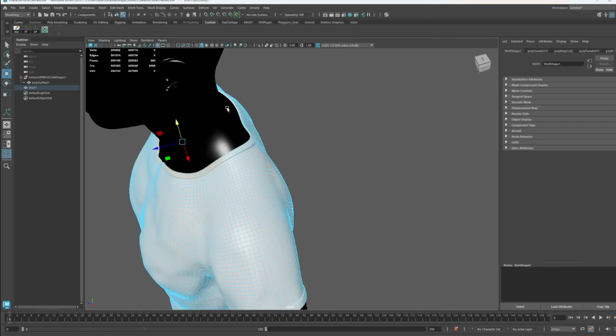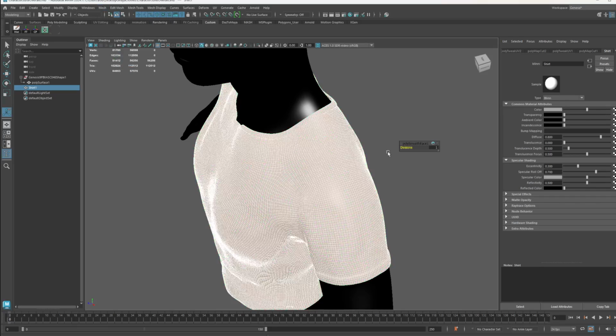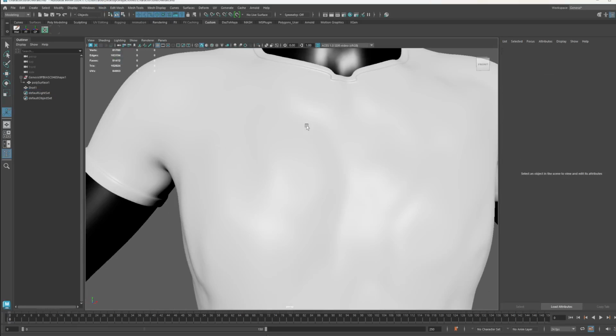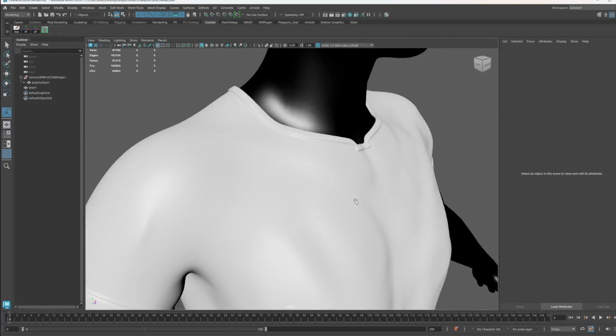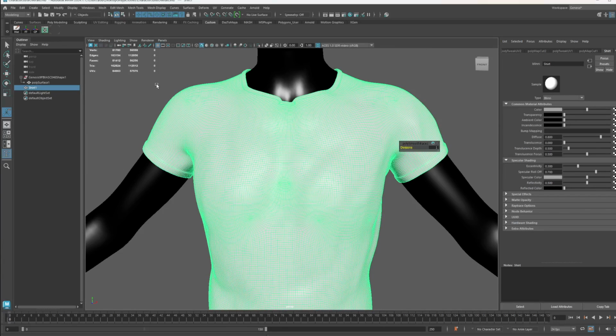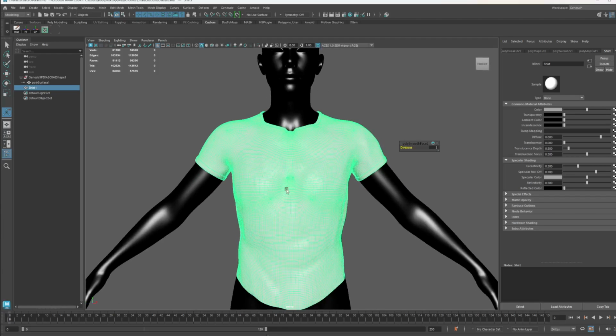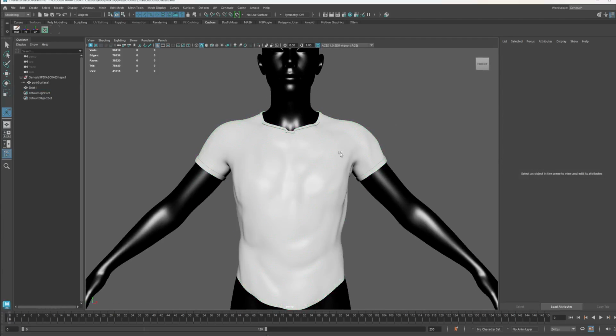Right. So I've got that. I'm going to take that. I'm going to put a smooth modifier on it, mate. I'm going to smooth it so we get that. All right. Looks a little dodgy. Okay. How many? My God. This is a very, very heavy shirt. Do we really need to do that, eh?